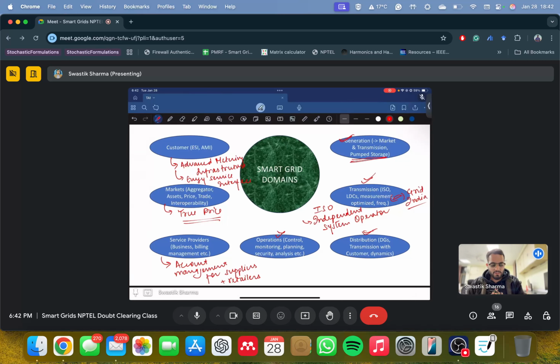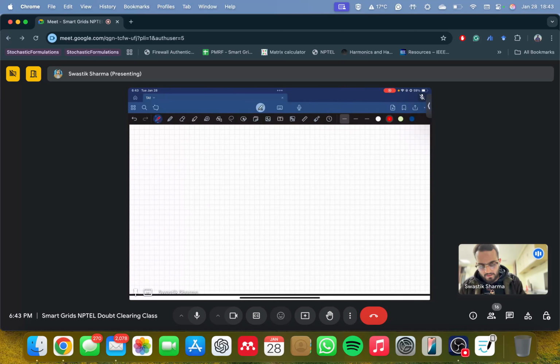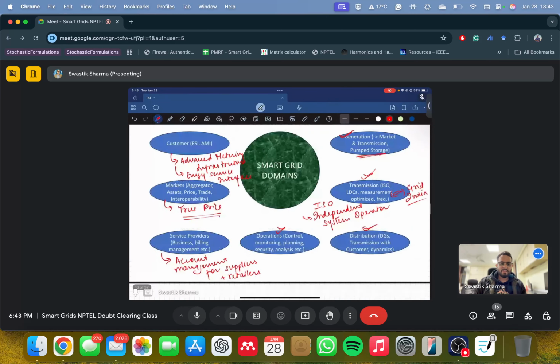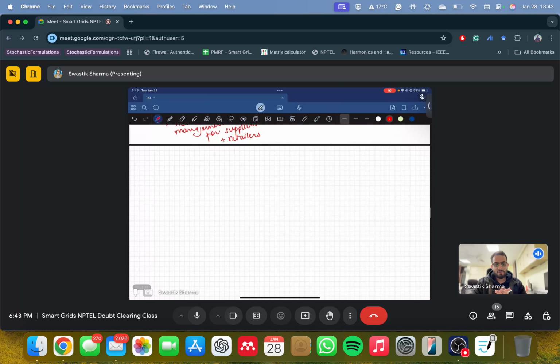And also the generation, this pumped storage. What is this pumped storage? This is something that is coming into build now. So let's say batteries. What do batteries do? At periods where the electricity is low, you want to do arbitrage, right? Or let's say that you have solar photovoltaics or solar PV cells. When they are producing less, you still want to supply electricity to the grid. You can always use energy storage. And when they are producing more, you can store it in the form of energy storage, which you can use later on and trade later on, right?